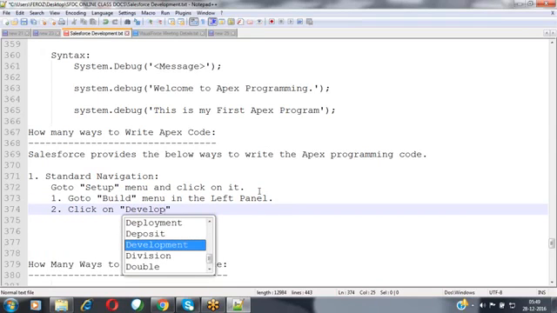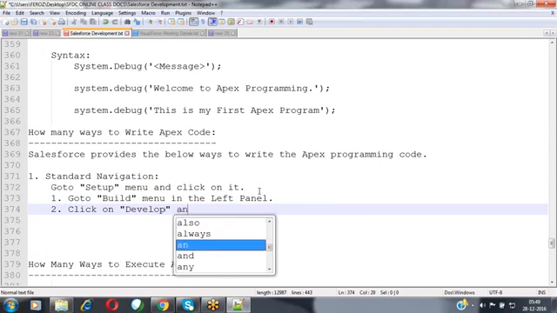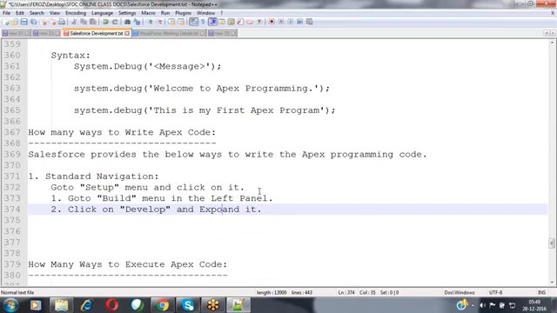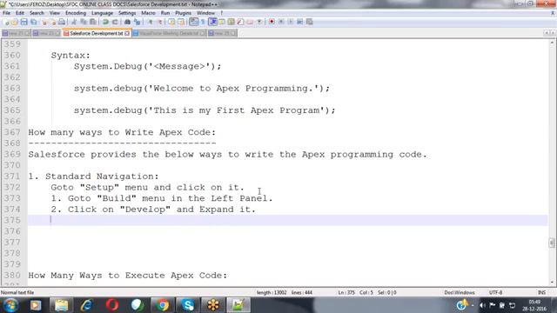Click on develop and expand it. Previously we discussed customize and create, but now we are discussing develop. That means we are going to develop something new by writing the code.